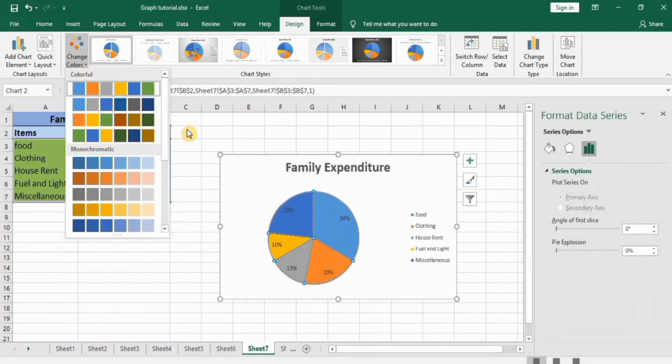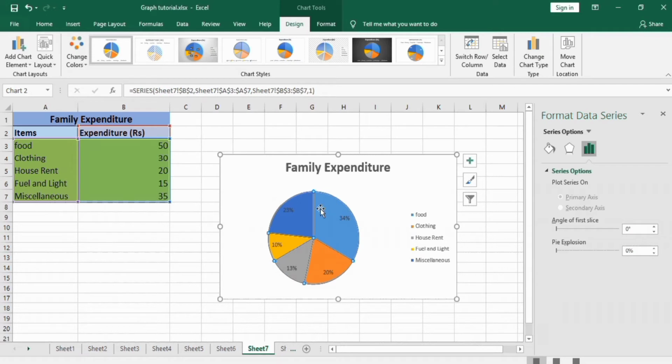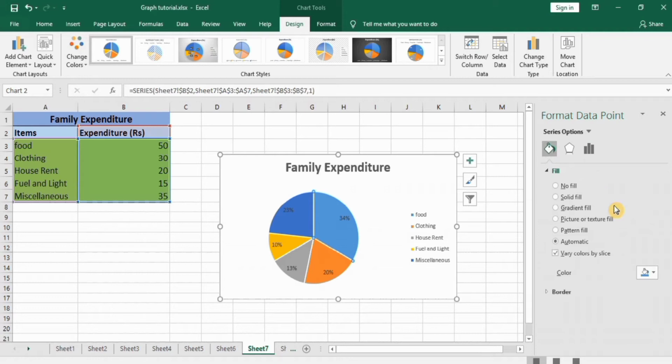But if you want to format individual pieces and fill individual colors by selecting an individual piece, then you will follow the previous method. Firstly click on this graph, then double click on this piece and go to fill and series option.